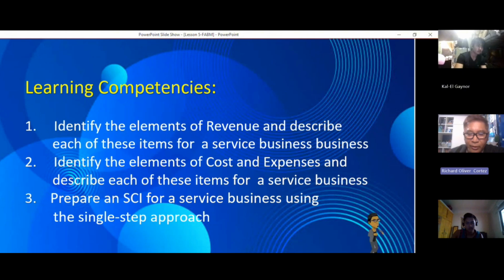So yesterday we talked about the different, last week we talked about the different revenue. We're able to discuss the different revenue, and yesterday we're able to do number 2, identify the different costs, the different expenses, and we're able to describe each item in connection to a business. And for number 3 today, we're going to prepare an SCI or Statement of Comprehensive Income for a service-based business